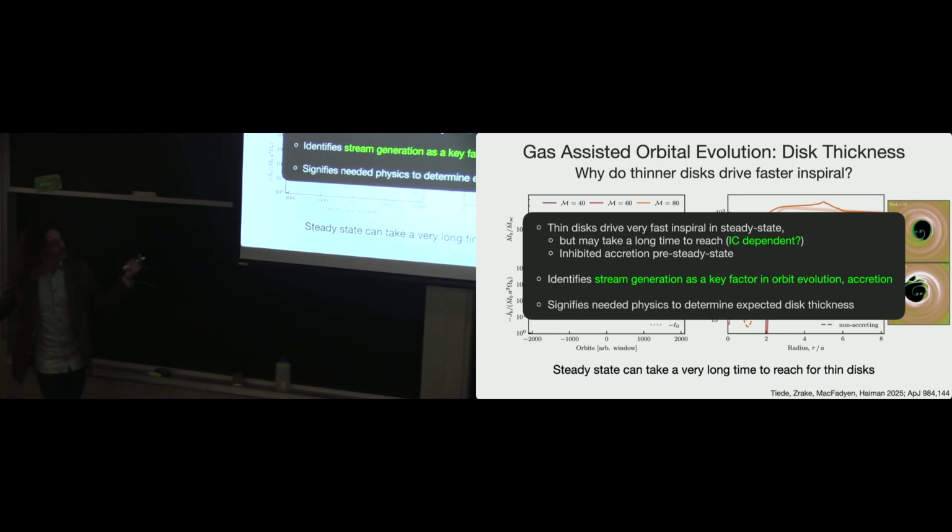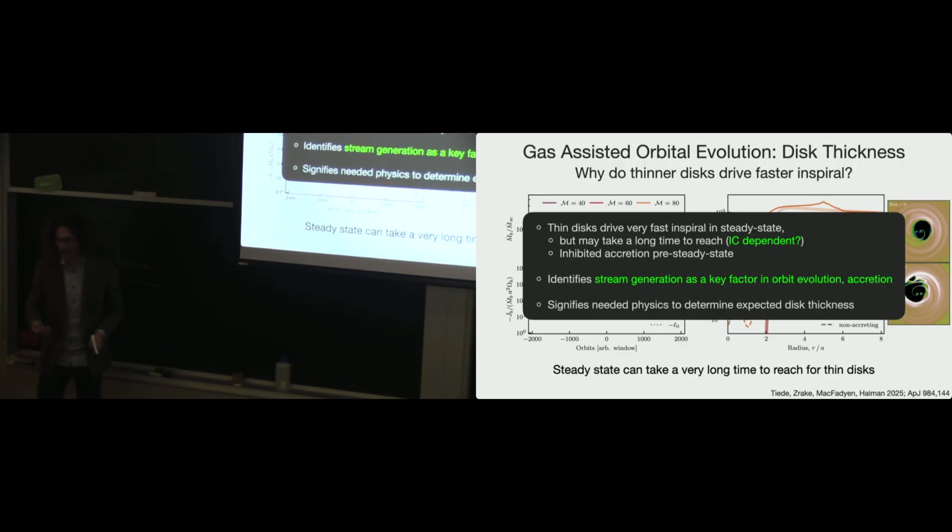So one, we've learned that the stream generation seems to be a robust and important factor for how you're applying torques to the binary. And two, that this might take a long time to reach and be initial condition dependent. But I think what all of this leads you to is the fact that we need some more physics here, because these works have just set the thickness of the disk to some value and then done a parameter study. But in reality, that thickness is set by other parameters in the system, like the accretion rate,